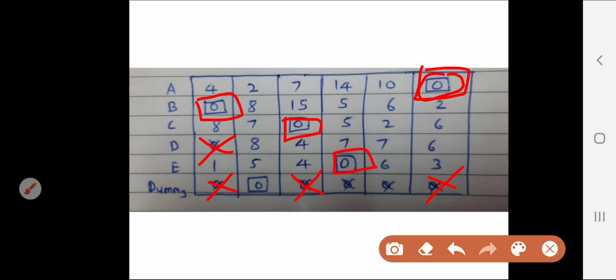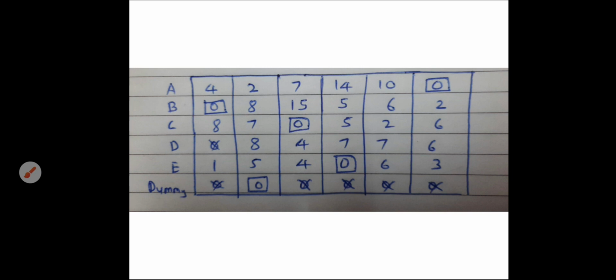The remaining zeros in the same column or row, make them crossed. Then in the dummy row, you can assign either the second column or fourth column. Let us assign the second column and cross one more 0 in the same row. In this way you can assign the values.